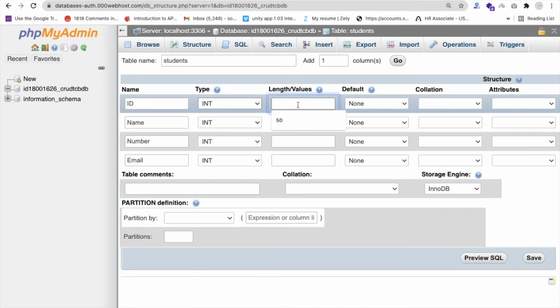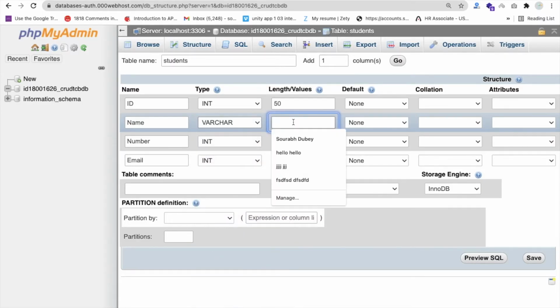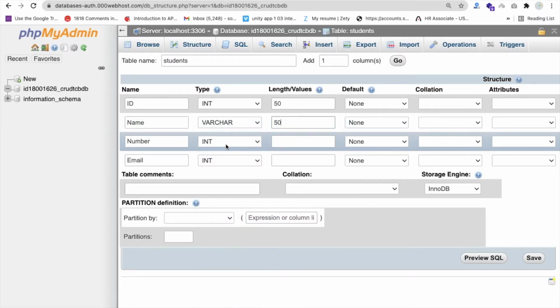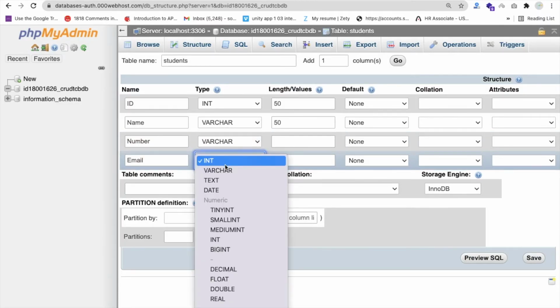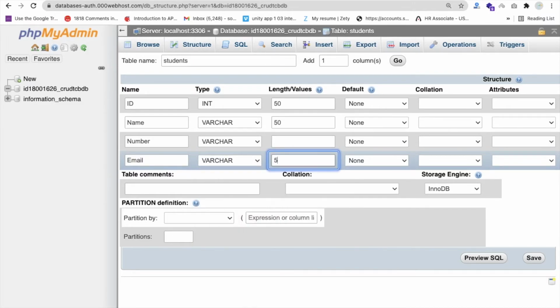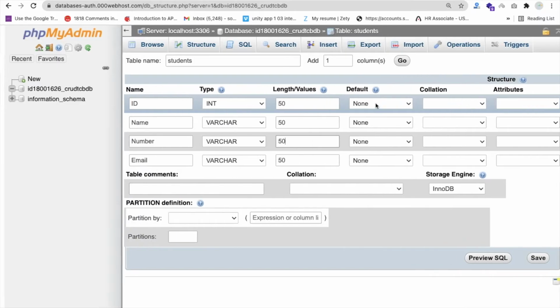And the length I'm going to make it 50. For name I'm going to use varchar, and the length is 50. Number is also varchar, because sometimes people put the plus sign with the number, that's why. And email is also varchar, and all these fields have a length of 50. The default value is nothing, but you can see one thing: ID, you can make this one as